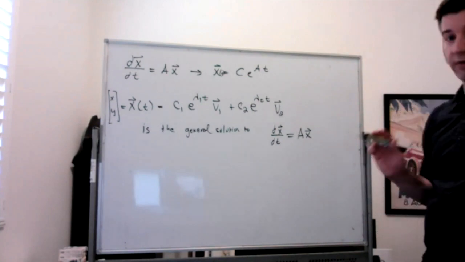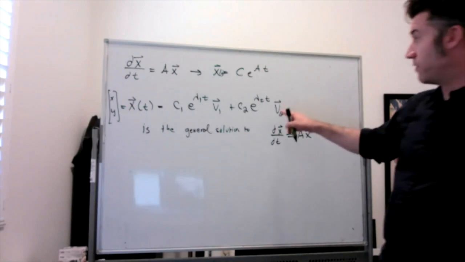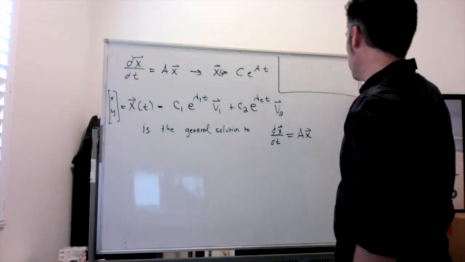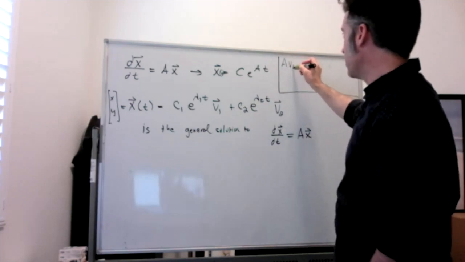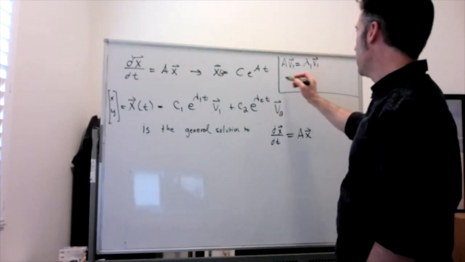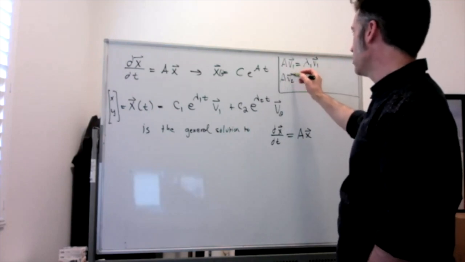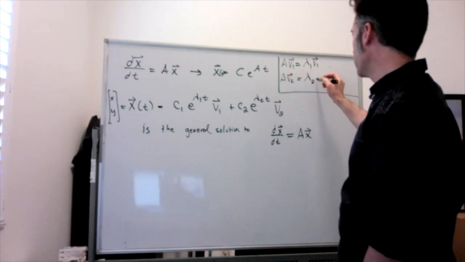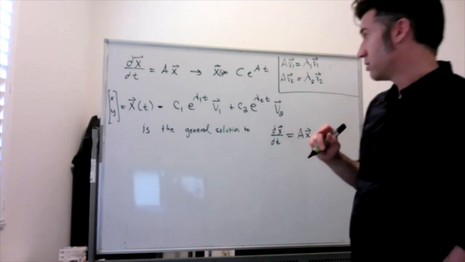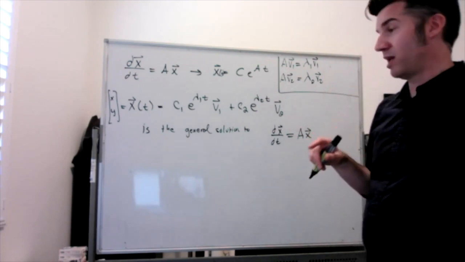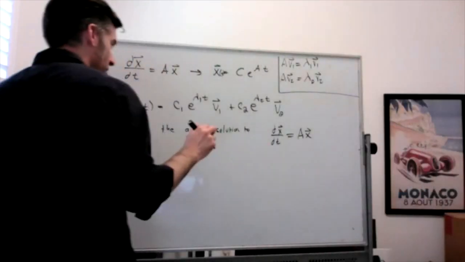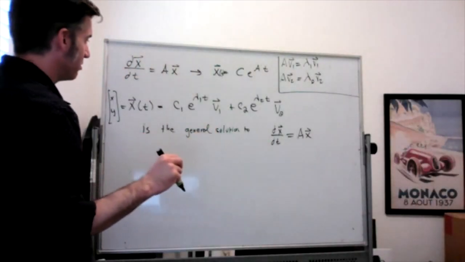So I'm going to remind you guys of a couple things. V1 and V2 are eigenvectors of A. So that means that A times V1 is equal to its eigenvalue times V1, and A times V2 equals its eigenvalue times V2. All right, so what's going to happen when I take the derivative of this thing? This is x of t. I take the derivative of it, well,